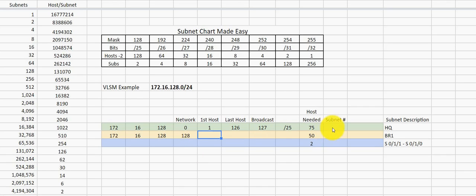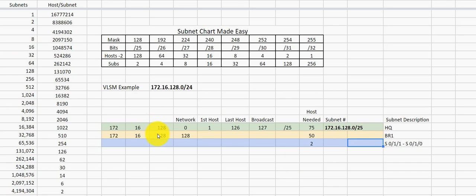So I can effectively say that my subnet that I can use is 172.16.128.0/25. So looking at a /25, I know based on that subnet mask that my network ID is a 0, my first host is a 1, my last host is a 126, and my broadcast is 127, based on that CIDR addressing of the subnet mask.